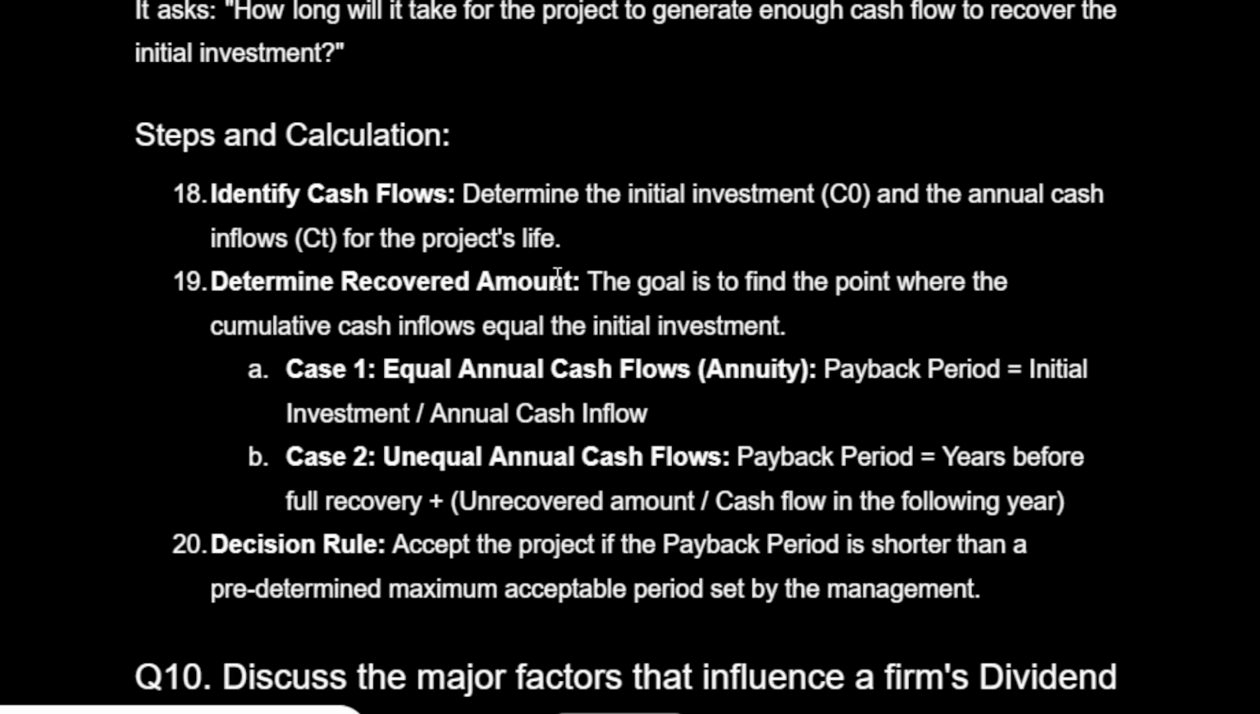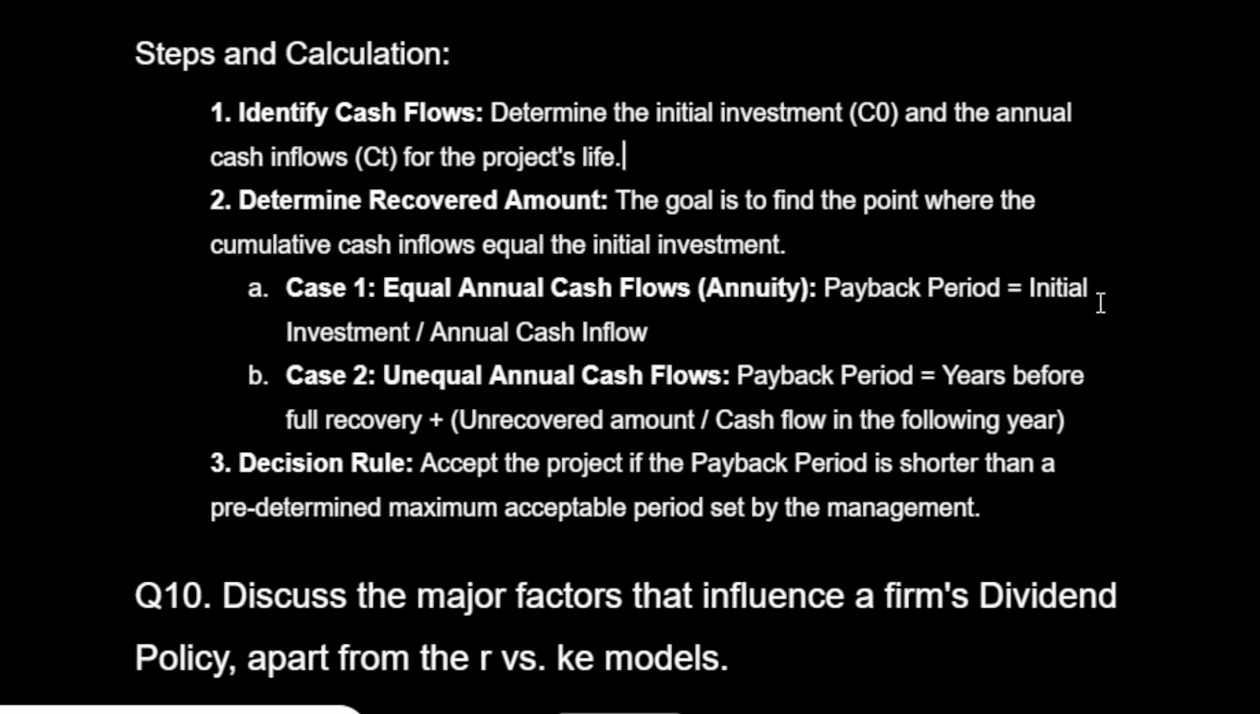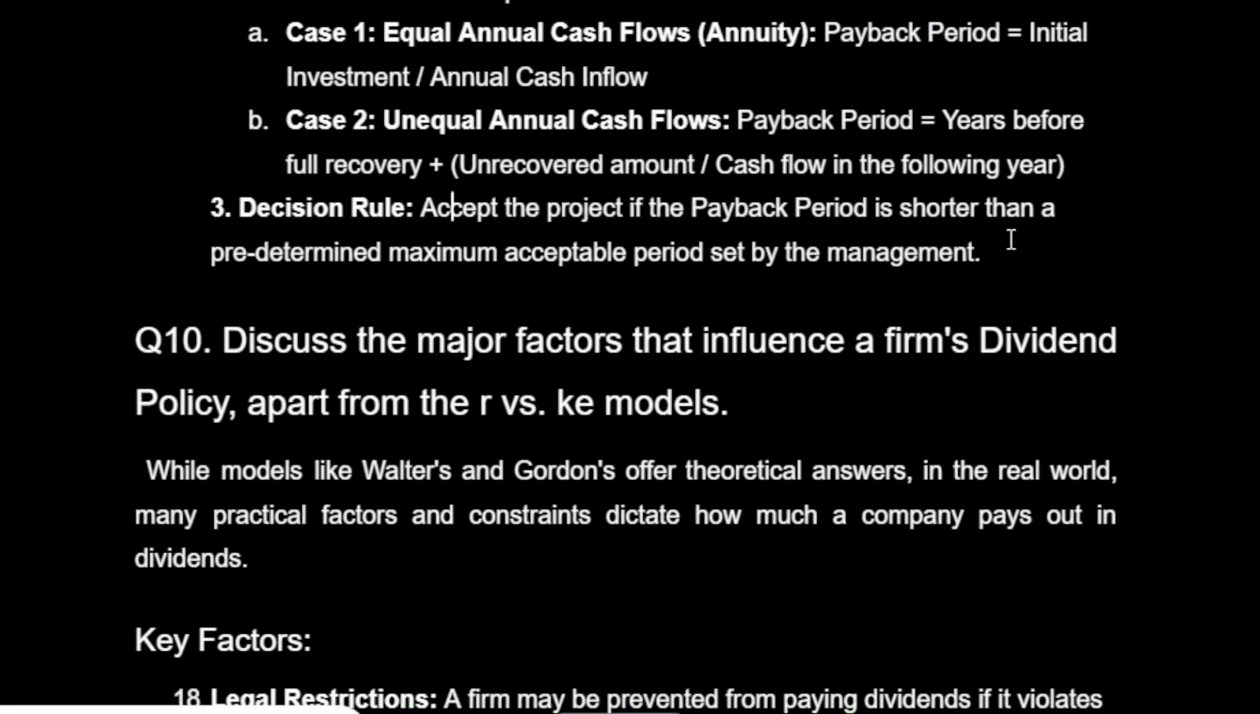Determine recovered amount. The goal is to find the point where the cumulative cash inflows equal the initial investment. Case 1. Equal annual cash flows, annuity. Payback period equals initial investment divided by annual cash inflow. Case 2. Unequal annual cash flows. Payback period equals years before full recovery plus unrecovered amount divided by cash flow in the following year. Decision rule. Accept the project if the payback period is shorter than a predetermined maximum acceptable period set by the